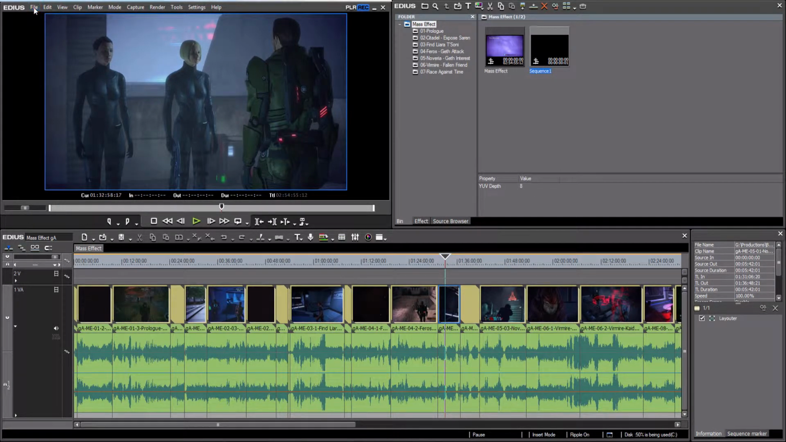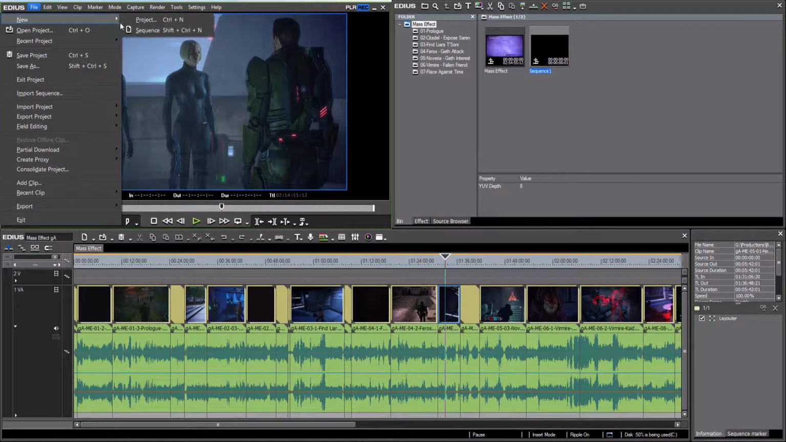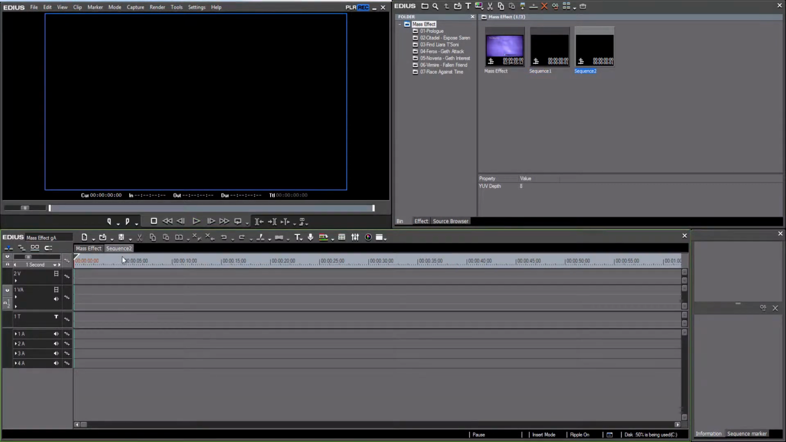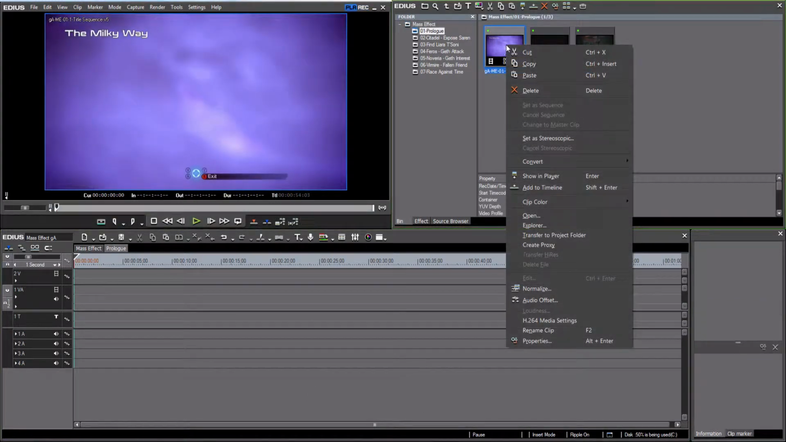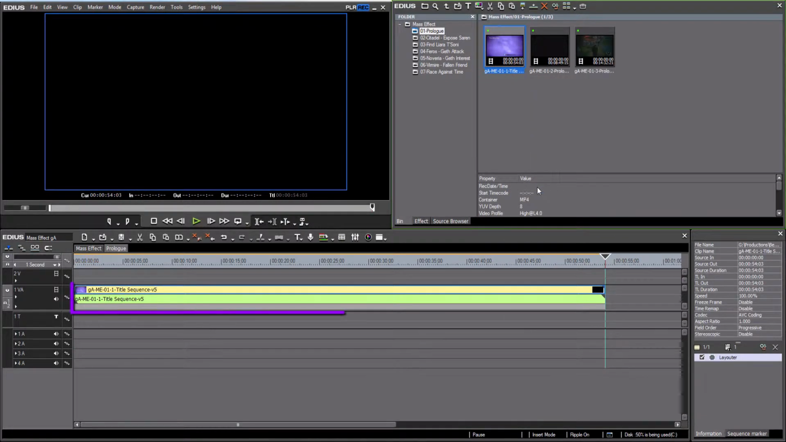So let's start with a basic edit, which is a trim, and I just want to trim the very first clip, the title sequence, and in that clip I want to remove the way it starts. So first I create a sequence, and this is the frame that I want to change. So this is the clip,